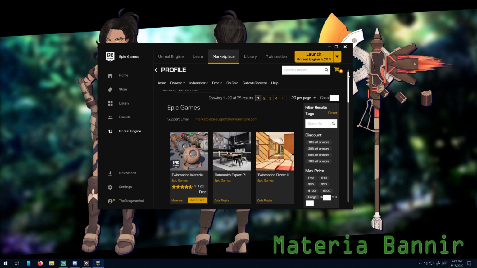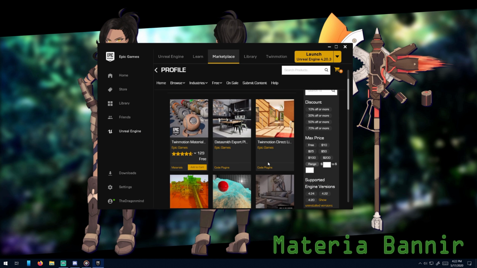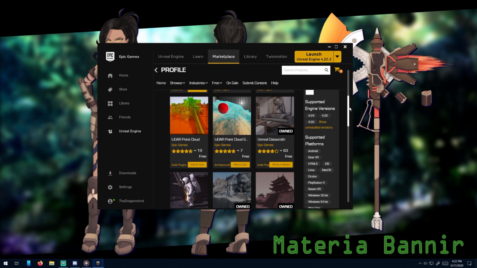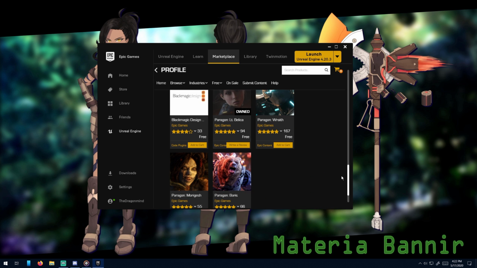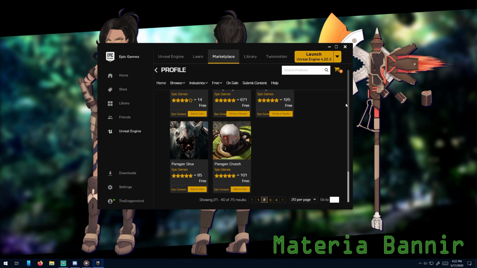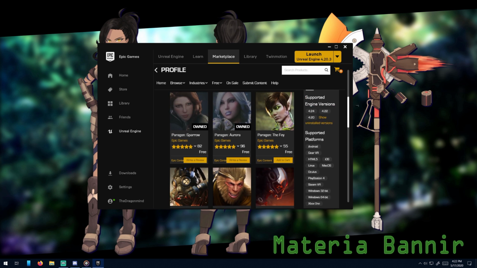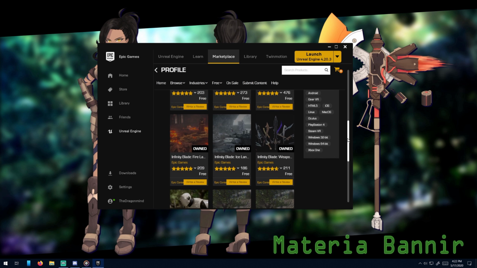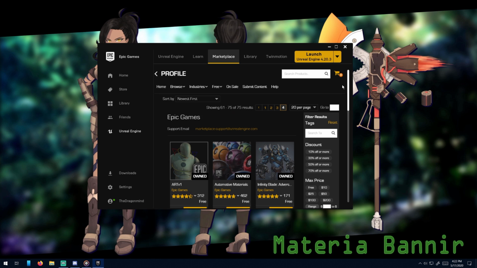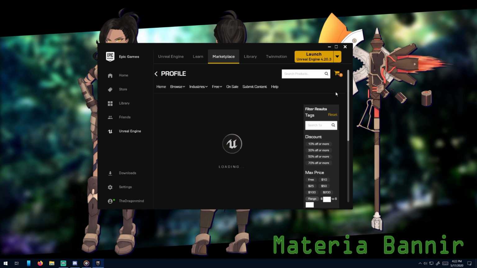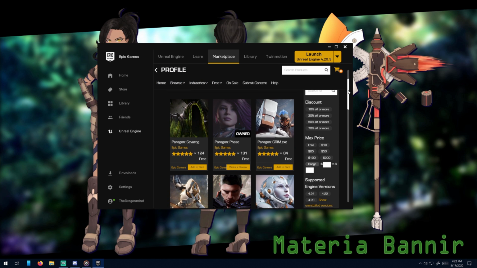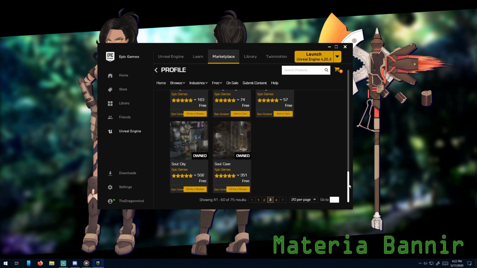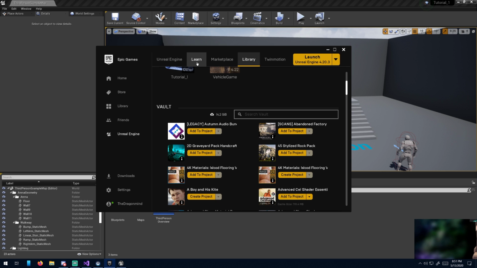Alright, I wanted to mention something else, and it's that if you put in Epic Games in the marketplace and then click on their tag, you actually can find a lot more of the free stuff that they're providing, like the Infinity Blade stuff, the Paragon characters, and Paragon environment stuff. Even the older demos that they have that don't show up in the Learn tab anymore, like Soul City and Soul Cave. But another thing you can do is if you go into the Learn tab,